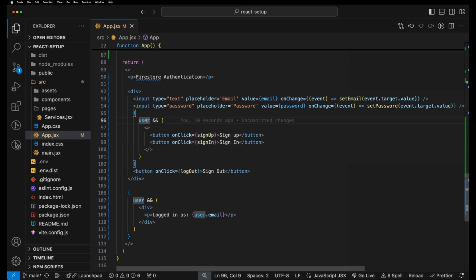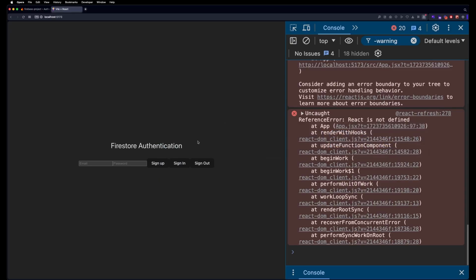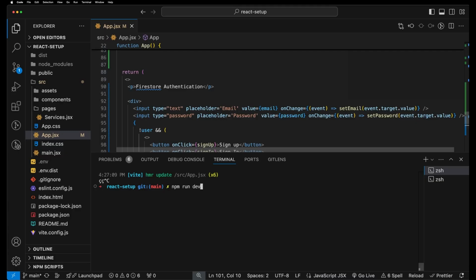So to invert this check, because we want it to be the opposite, we just add an exclamation point. And what that does is that reverses the check. So if the user is not logged in, it's then going to show the sign up button and the sign in button. So if I go here and refresh this, and we'll just restart the server just for this,